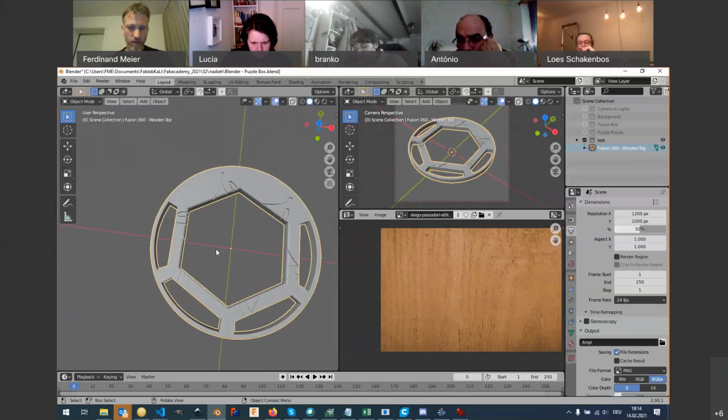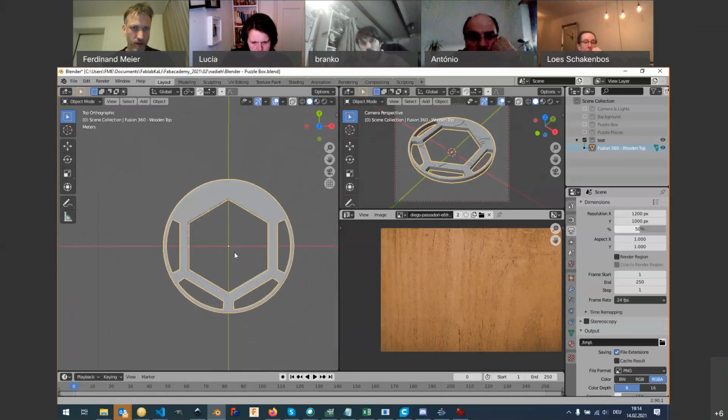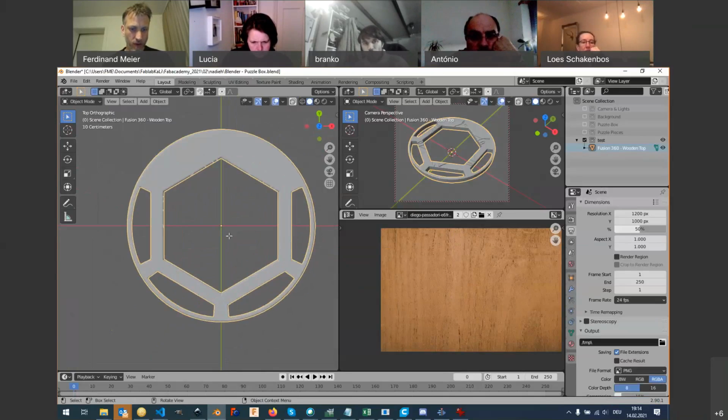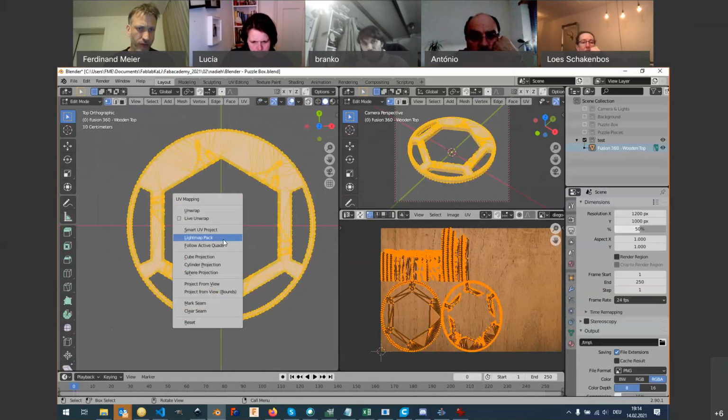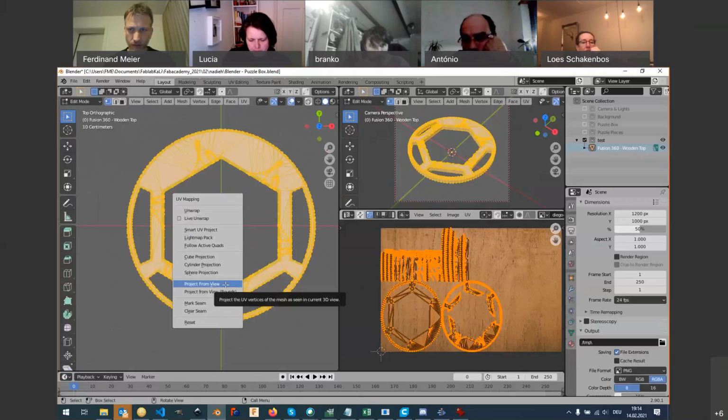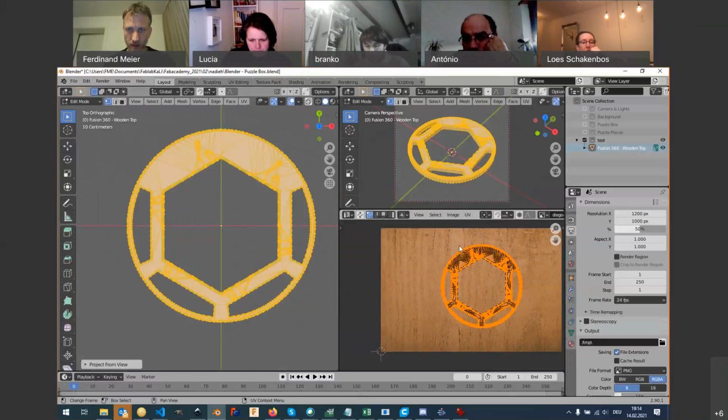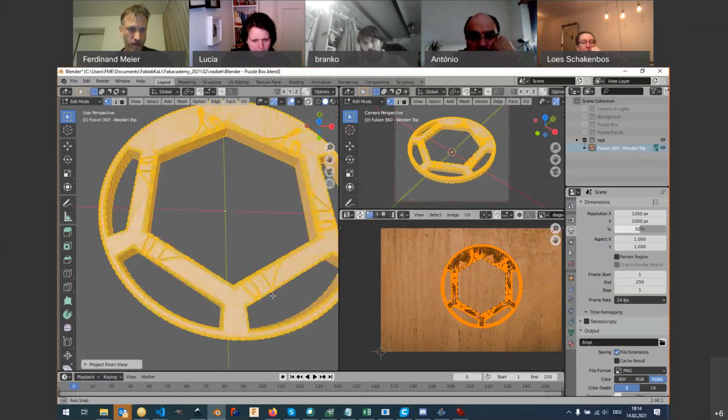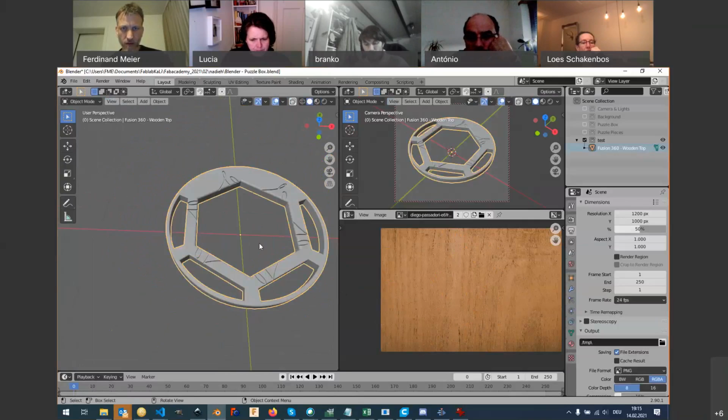One trick is you could, for example, start by just making an unwrap from view. So if I select project from view, Blender just takes the top surfaces, and all those little side squares are very, very narrow. And if I render this now,